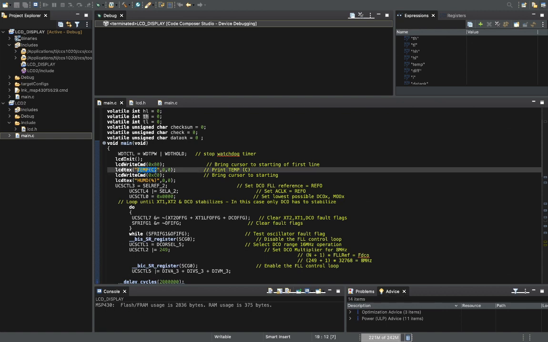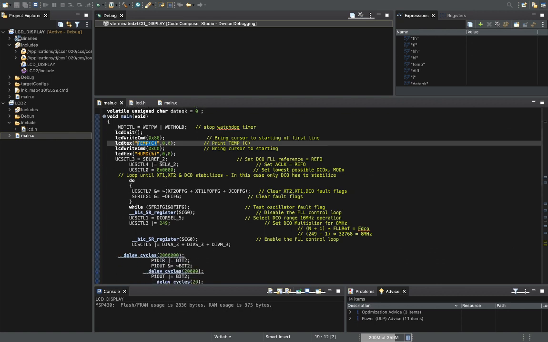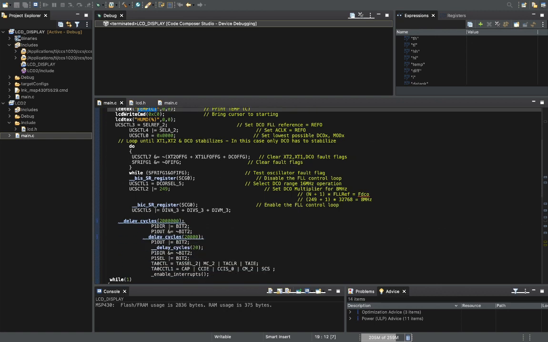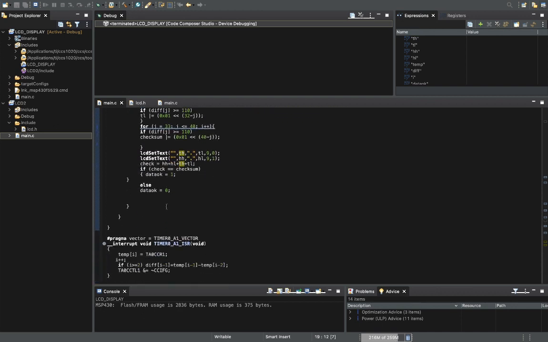The first 7 are used for temp, braces C, braces close. We leave one space empty and display our results. Here we select 9 comma 1 because this is the 0 row, this is the first row.